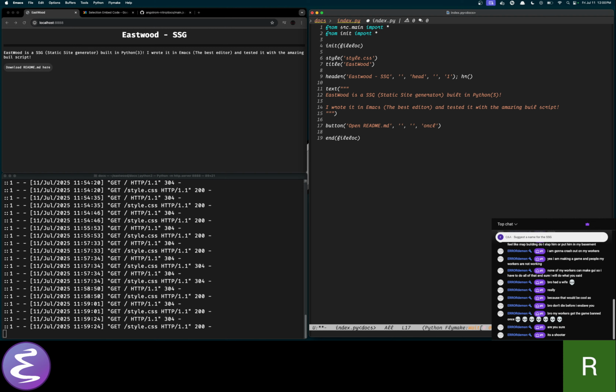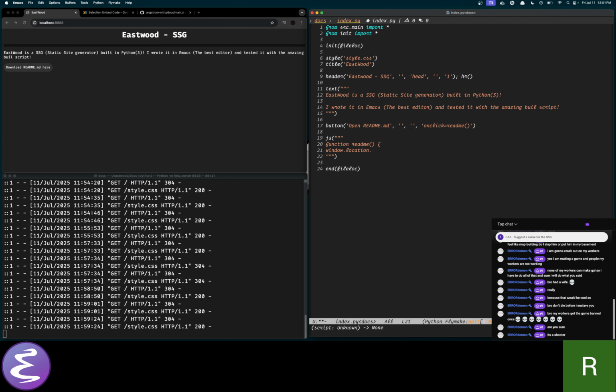So I can do that pretty easily by just making it on click, call a JavaScript function, and then I can just define said JavaScript function right here, right? So I could just call the function readme. Don't have to parse anything through it. And just make it so that it window dot